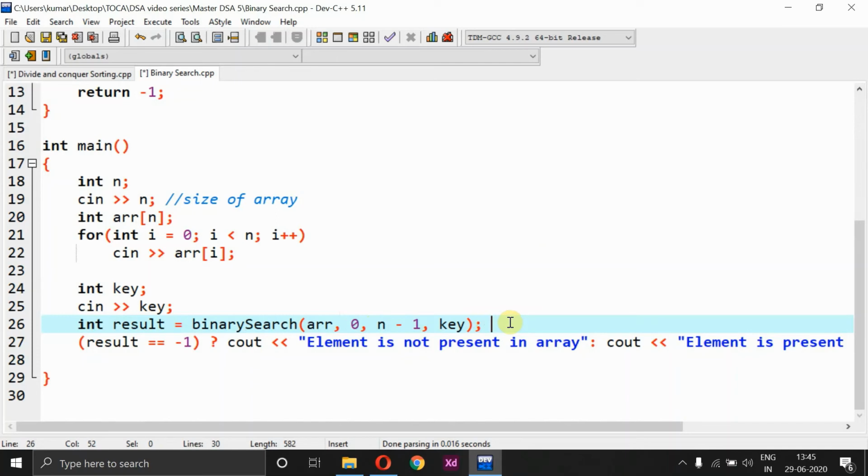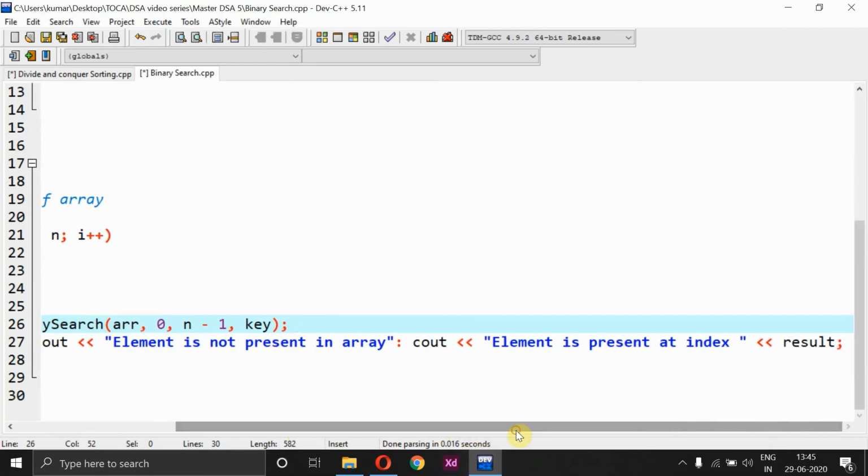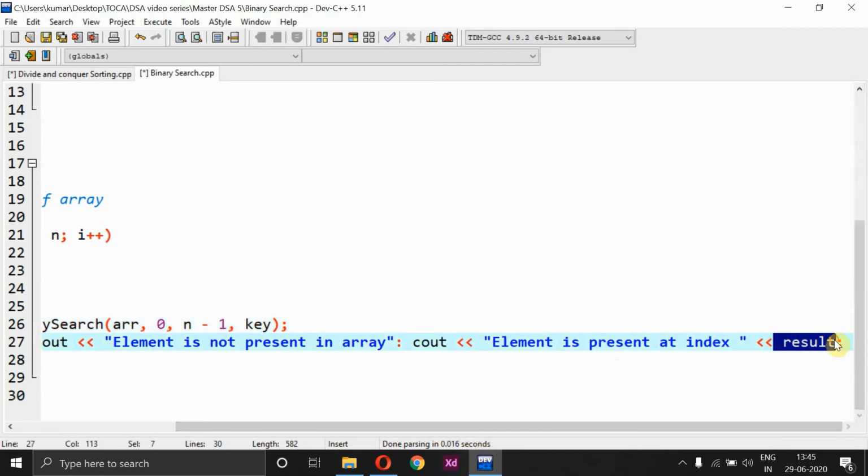So all these four values are passed as parameters, and after this I will check whether the result value is equal to -1, right? If the result value is equal to -1, it means that the element is not present in the array. If the result value is something else apart from -1, I'll display that the element is present at the index value stored in the result variable, right?